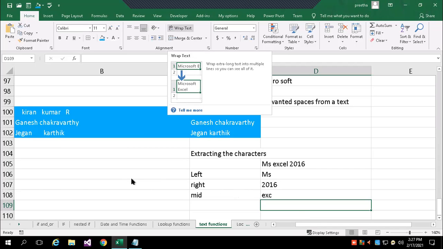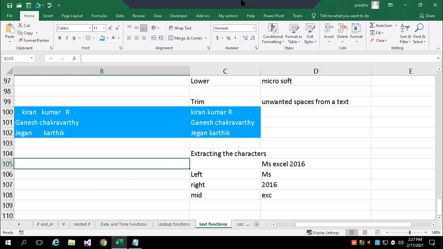What is the use of the ampersand operator in working with text? Afreen, can you message me? Are you there?